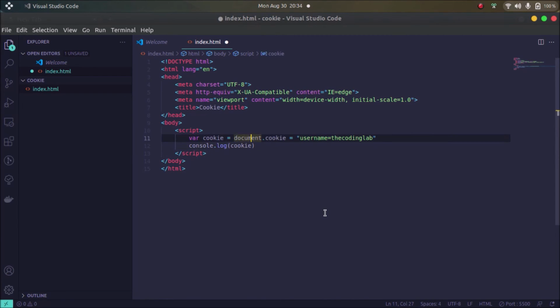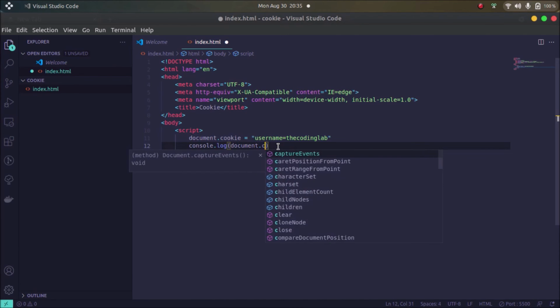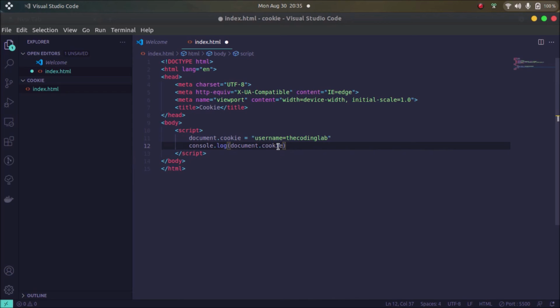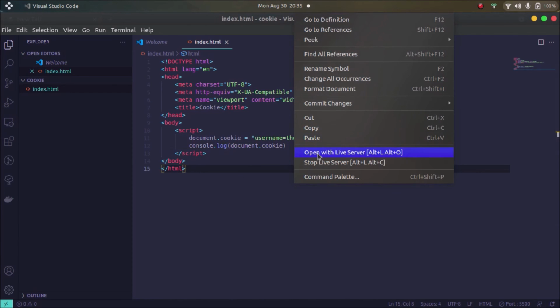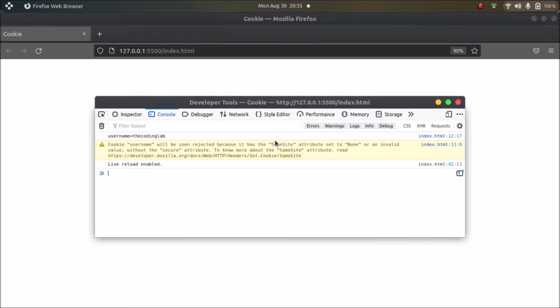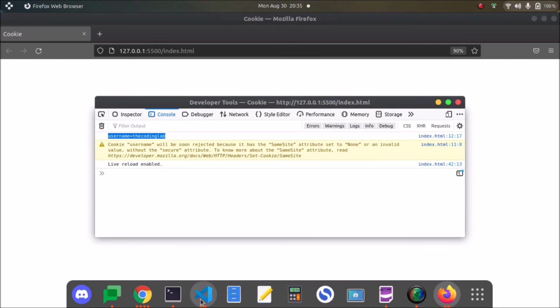So cookie. It does not return anything. So you can pass your cookie value inside document.cookie, and then you can just console it to see the cookie stored on your browser. So document.cookie. Done. I'm going to the live server for running this. So it has opened in Firefox. So here we got the value, username equal to the coding lab.